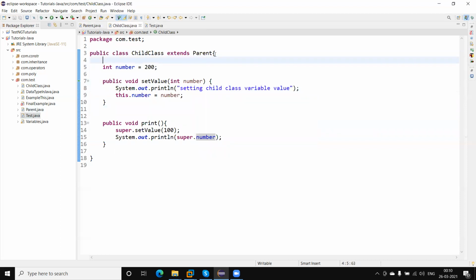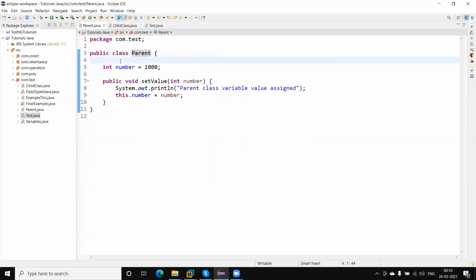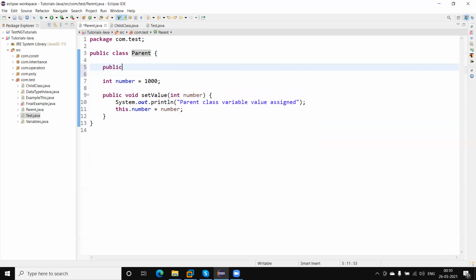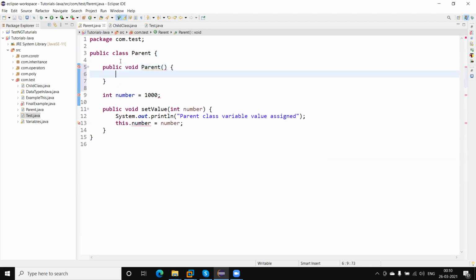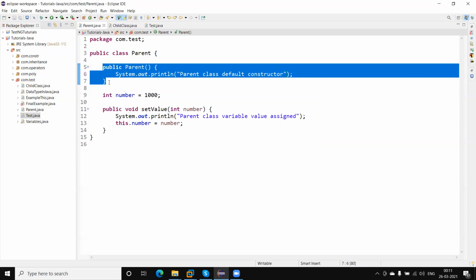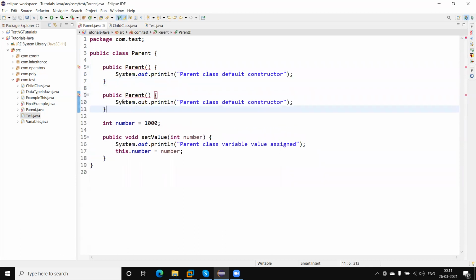Next, we can call the constructors of a parent class using the super keyword. How do we do that? Let me show. This is one constructor, the parent default constructor, and I am going to create one more constructor, which is a parameterized constructor.